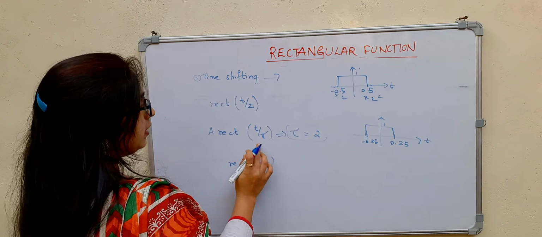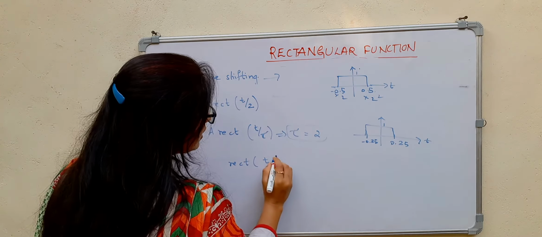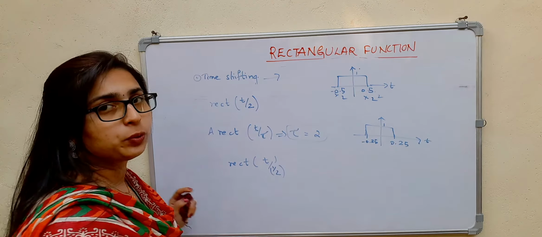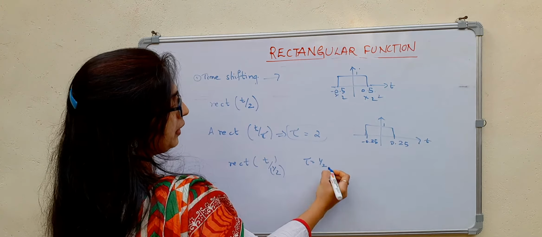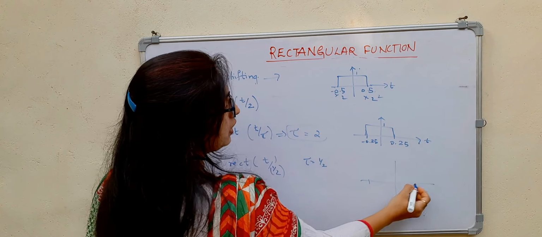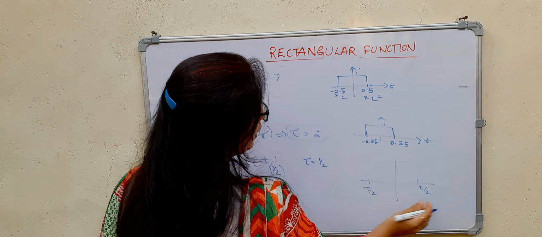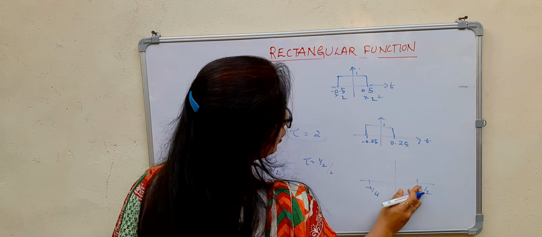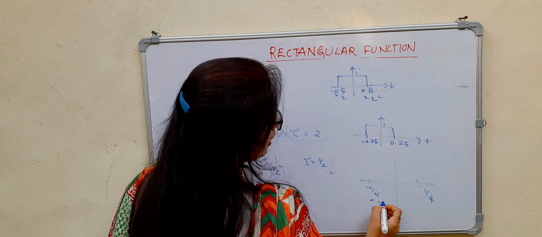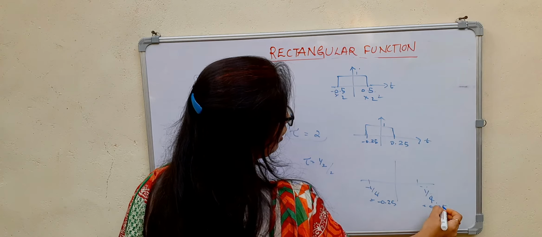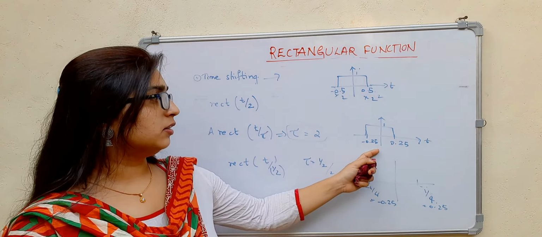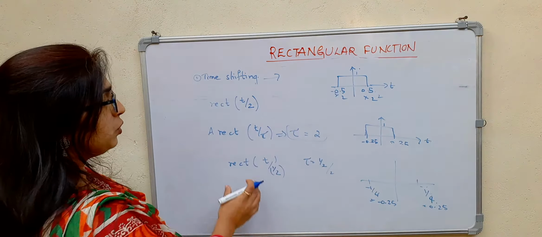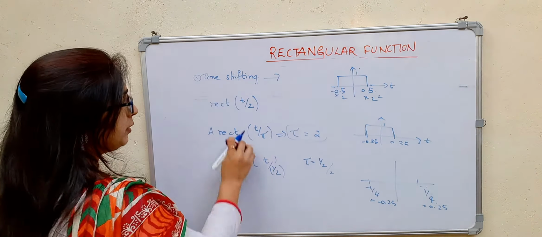So using the standard thing, what I can write here, that is t as it is, but you had the 2, right? So I can write it like 1 by 2. So tau is equal to 1 by 2. Here you have minus tau by 2. Here you have tau by 2. That means minus tau by 2 will be minus 1 by 4. Here you will have 1 by 4. So this is minus 0.25. This is 0.25. Right? So this is nothing but what we got from scaling the unit rectangular function. You can also use the standard formula for that.